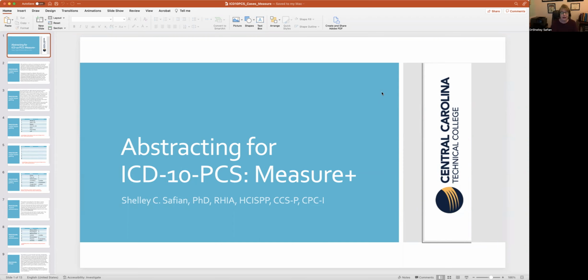PCS code set. Now, you remember ICD-10 PCS is used solely for reporting hospital services provided to an inpatient. This patient must be admitted as an inpatient. Okay? That's the only circumstance under which you will use this to identify procedures, services, and treatments provided to that patient. And we have already learned about the med-surg section, medical and surgical, and you learned about